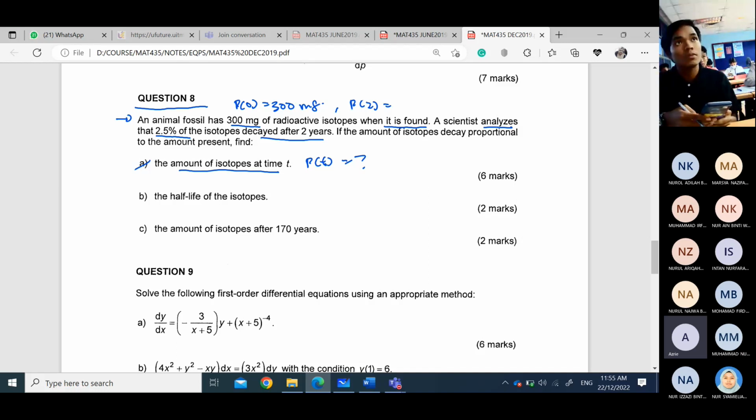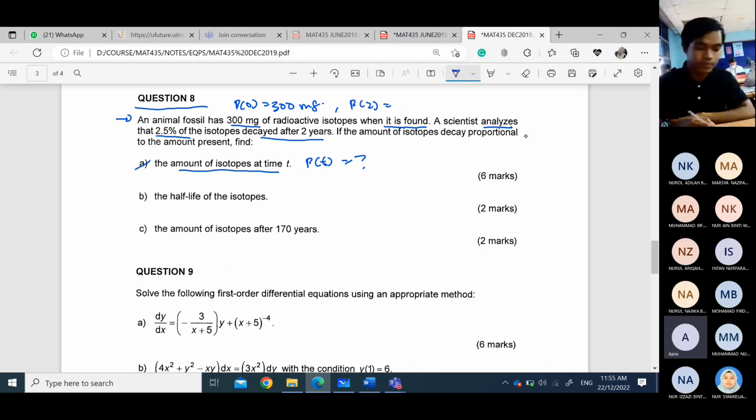Miligram tu dia punya unit. Dapat 292.5. So after 2 years,